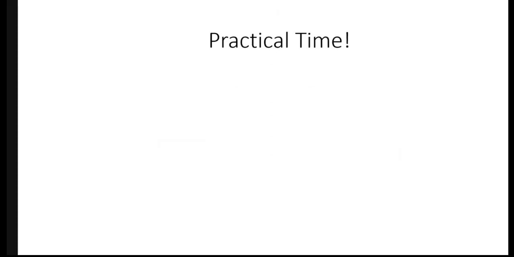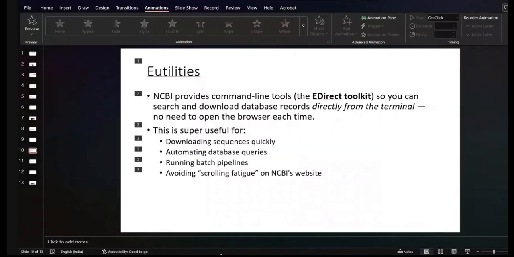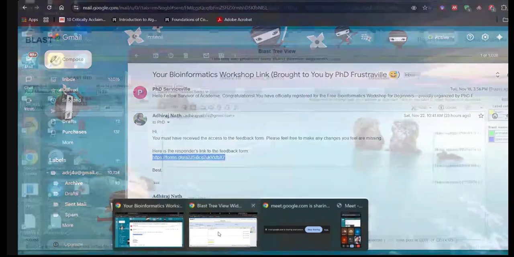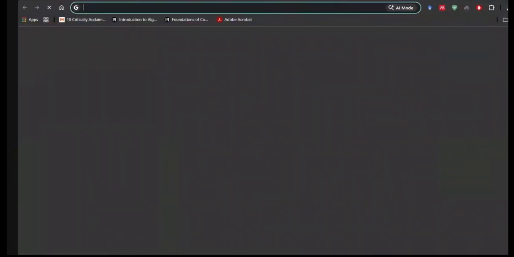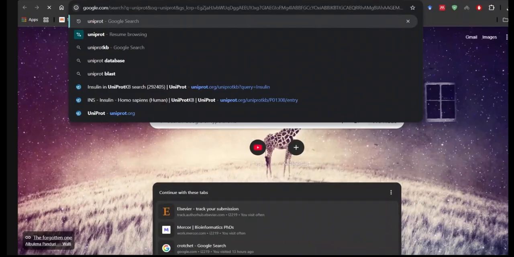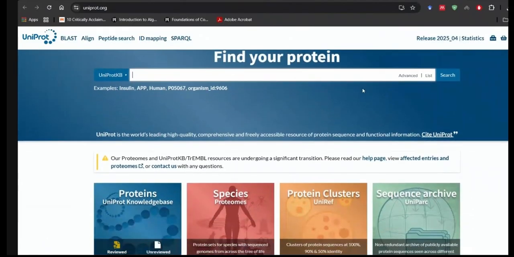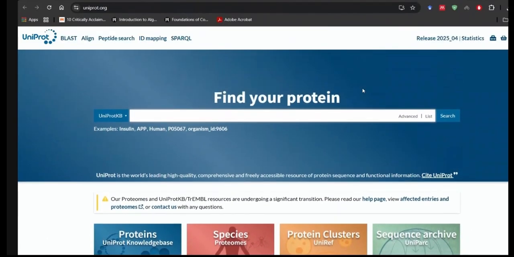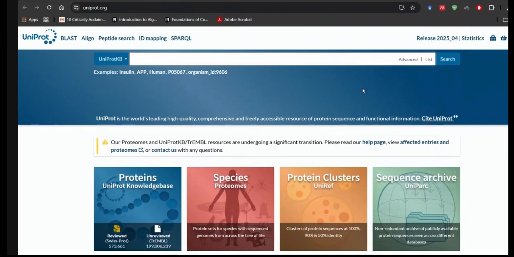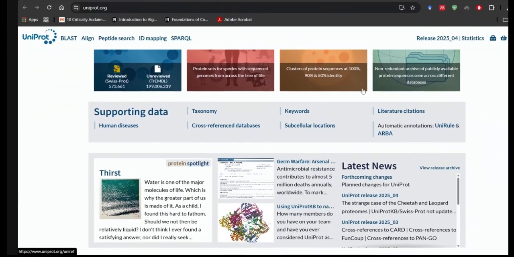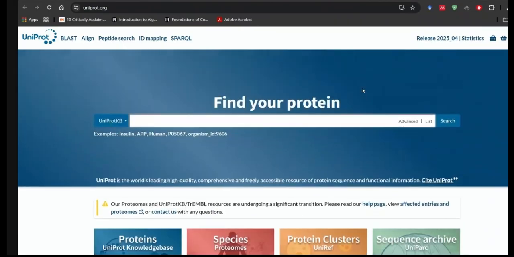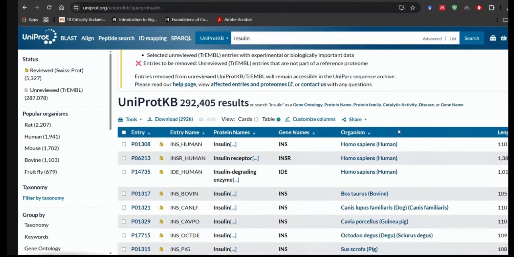So let's do another practical quickly on what this protein actually does. We can go to UniProt and start searching. This is the landing page of UniProt, right? Here you can just give the name of the protein and you'll get the subsequent data related to it. So if we put in insulin again, our favorite protein for now,